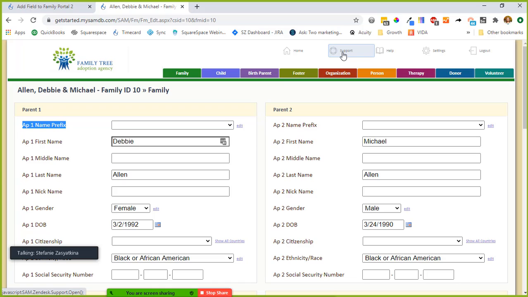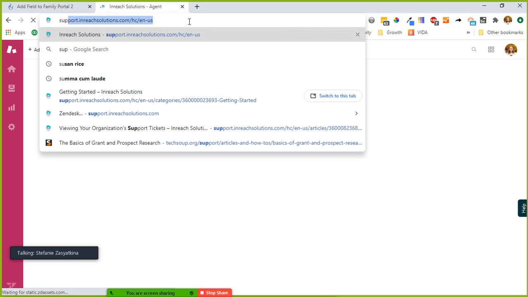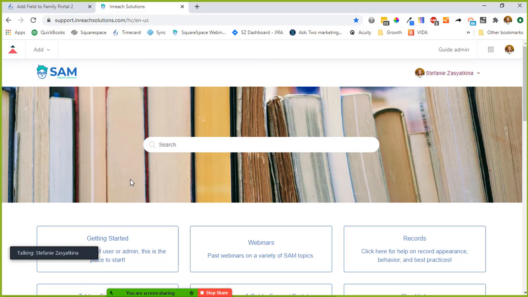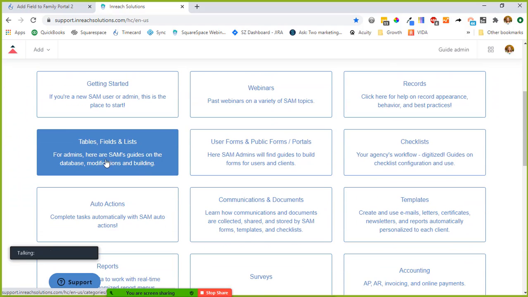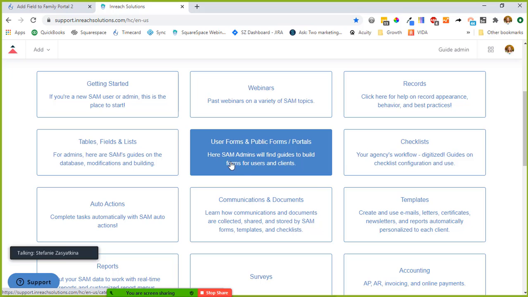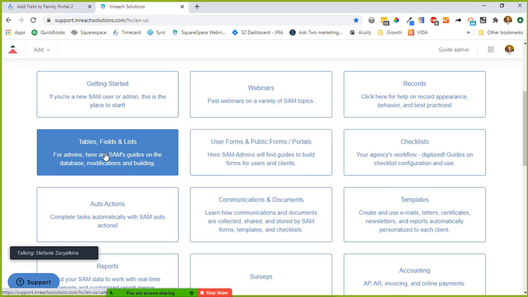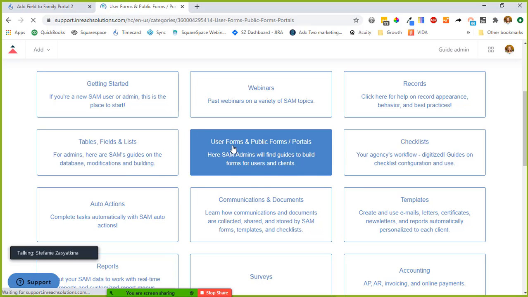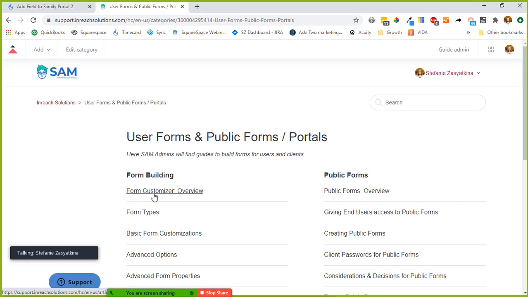In our help guides, I'm doing a little bit of adjustments to it, trying to make it easier. Let me get in here. It's actually this link here. For you guys, it won't go into our site. It'll go right here is where you'll be taken to. Tables and fields and lists versus forms, user forms and public forms. I actually think my information is here, and I'm going to move the video here up under tables as well. But form customizer in our overview,